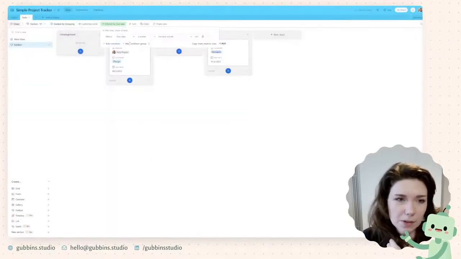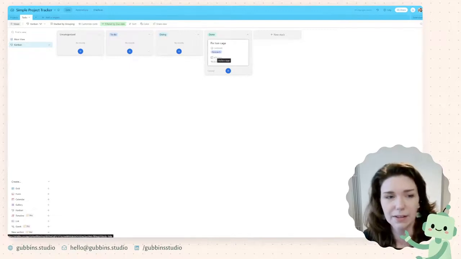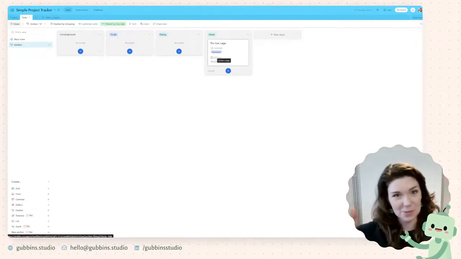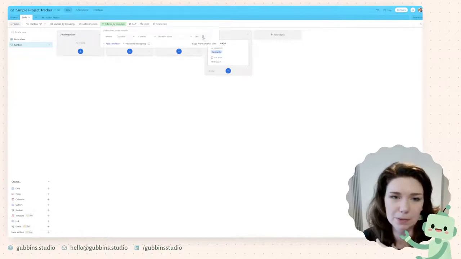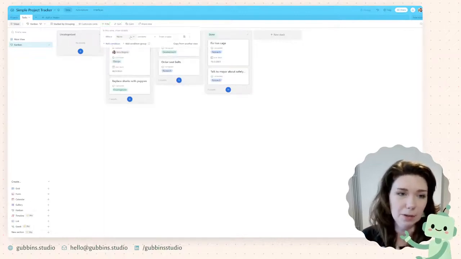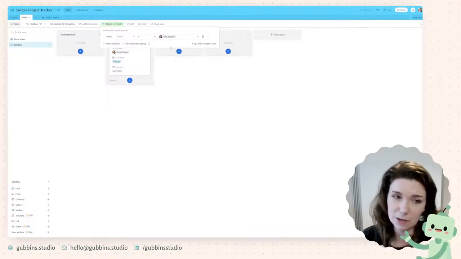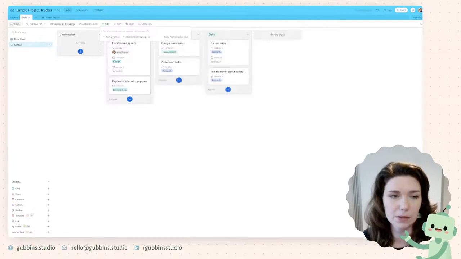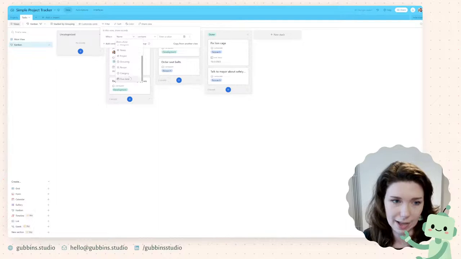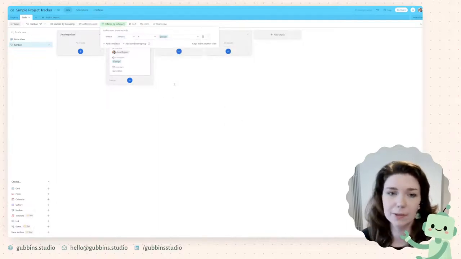So if you filter by the next week, then only the tasks that you need to work on in the immediate future come up. If you were working on this with multiple people, you could filter it where the person it's assigned to is you, and it will just show you your tasks. If you wanted to, what's the other one? Where category is design, I think, and testing. You can do it that way.